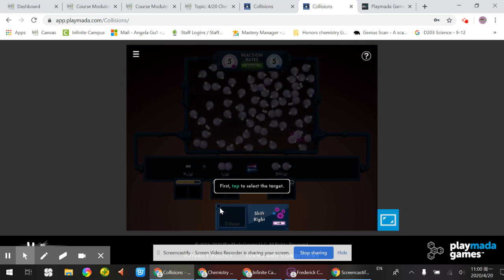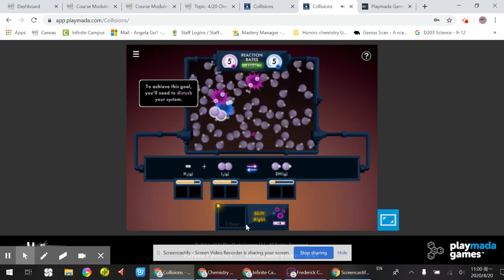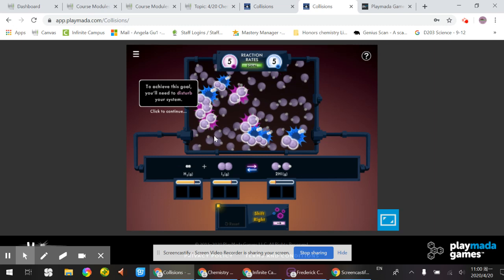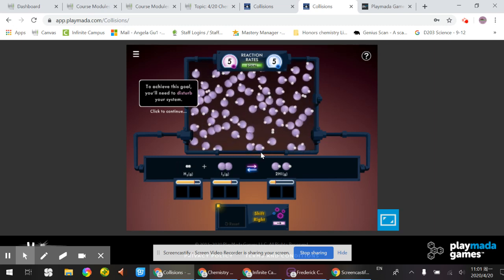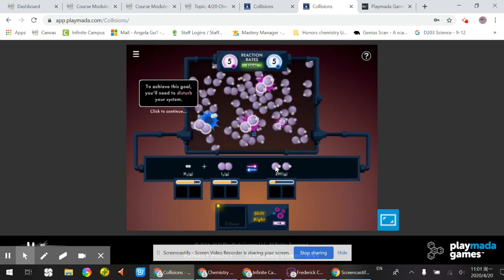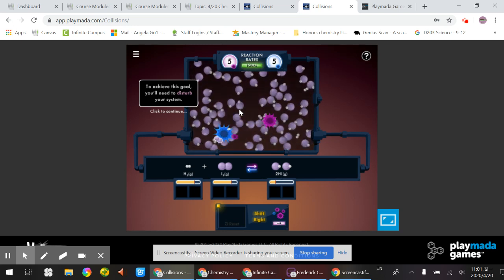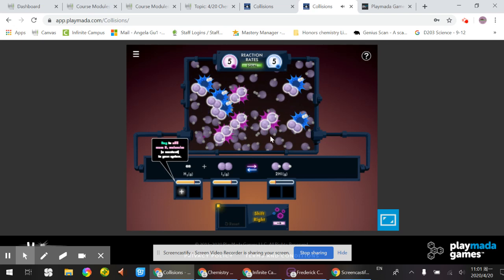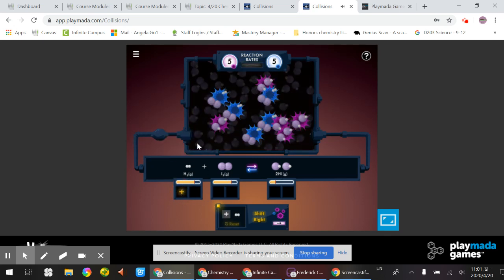So you want to start off by clicking, indicating that this is a target you want to reach. All right. What does it mean to shift to the right? If you look at your equation, shifting to the right means you're making more products. How can you make more products using this equation and this system? Well, we had to do something to disturb the system's balance first. So here we said if you add more reactants, you're making more reactants right now,